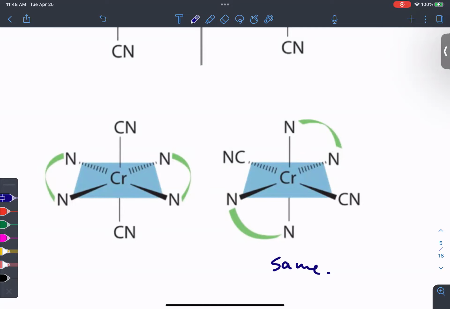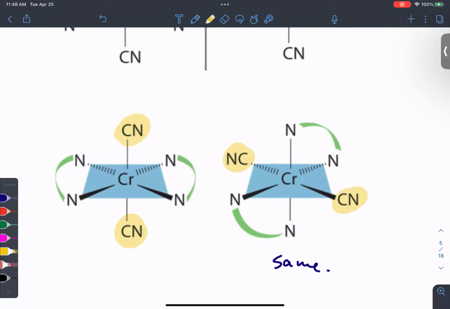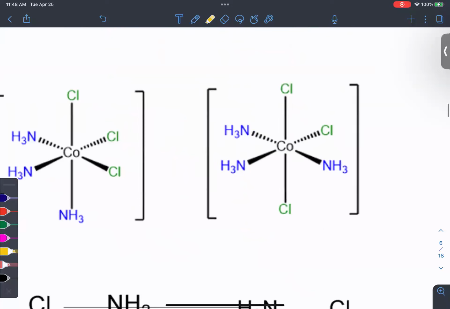You just rotated it, yes. Or you might recognize, oh, this looks like trans cyanides, and this is also trans cyanides. Wow, yeah, and so then in your mind you can think, oh, I can just rotate it. Okay, these two,